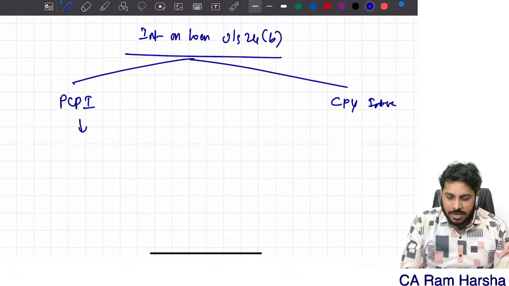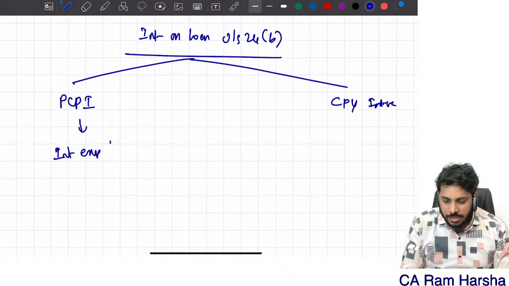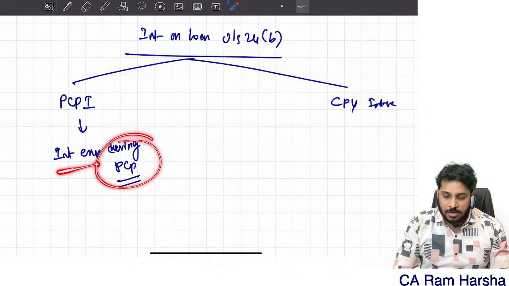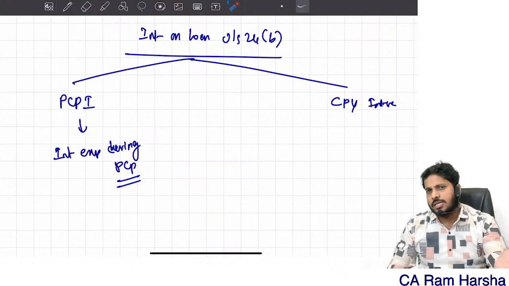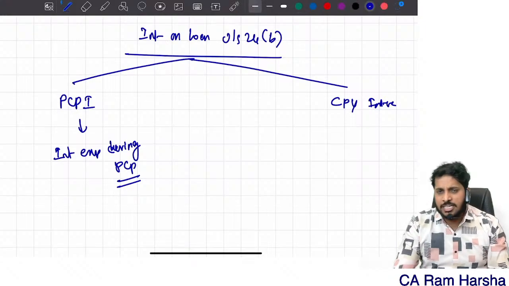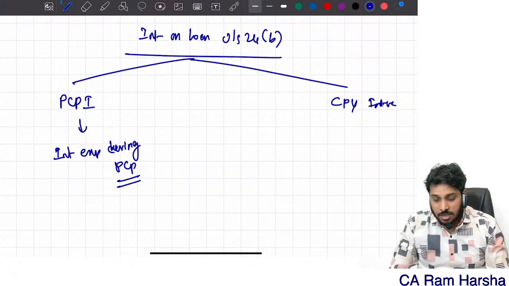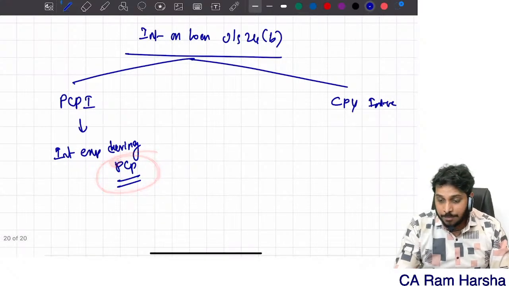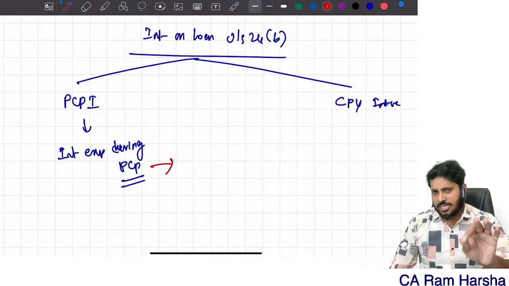What is PCPI? Interest expenditure during the pre-construction period. During the pre-construction period, if I incur interest expenditure, that is pre-construction period interest. Sir, what is the pre-construction period? Pre-construction period means, for example,